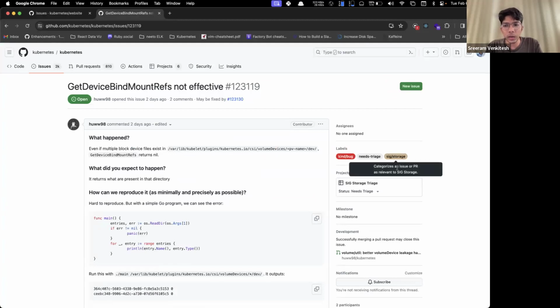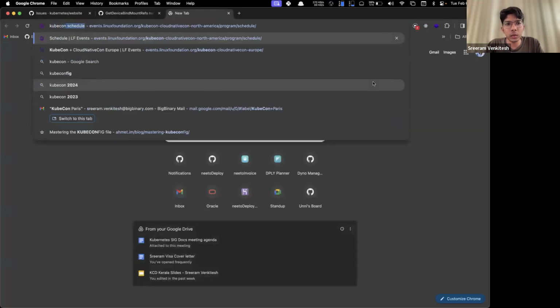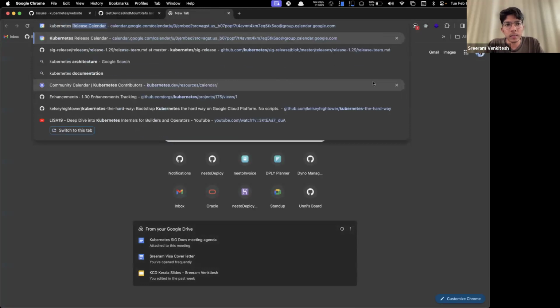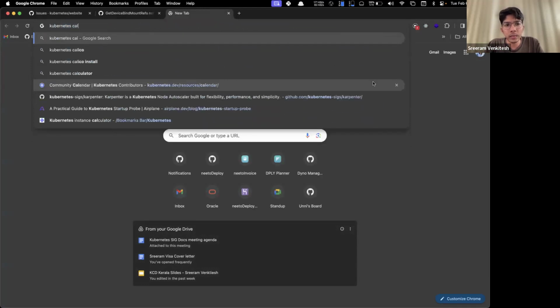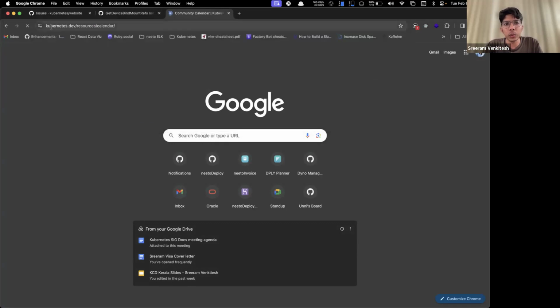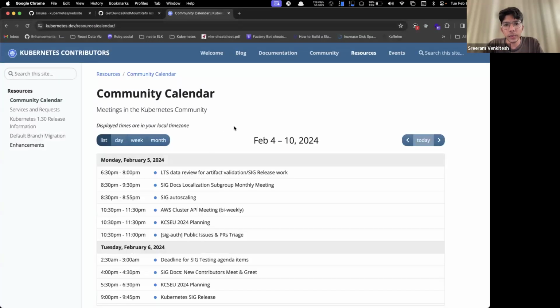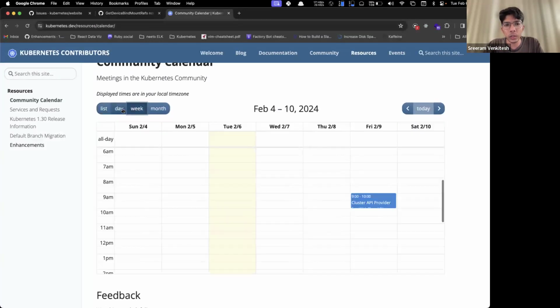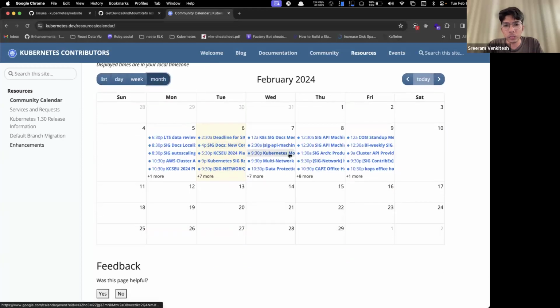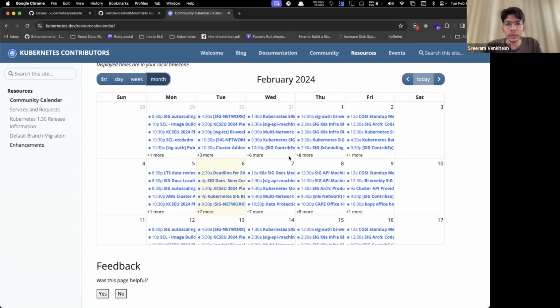SIG storage would have their own Slack channel, and similar to how SIG docs has their bi-weekly meetings, the SIG storage would also have their meeting. You can find this in the Kubernetes community calendar. If you go to kubernetes.dev, you can find the community calendar there, where you can see all the different calls that happen every day for all the different communities.